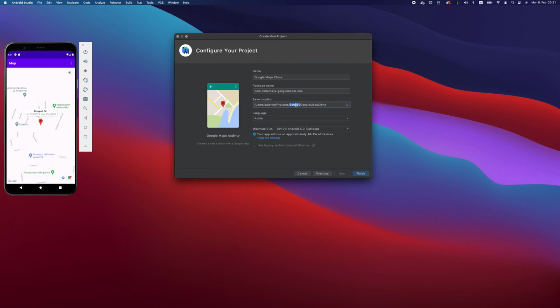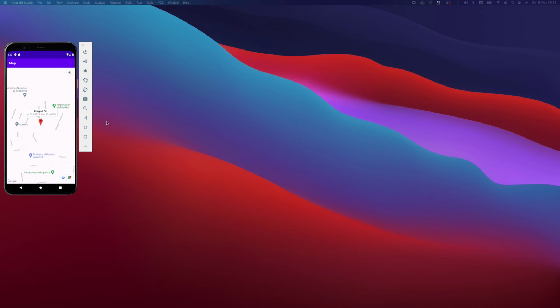And you would see that the name is generated, the location is generated. So I'm going to save it to my projects and then the name of the application. I'm going to be using Kotlin, like I said at the very beginning. We are using Kotlin in this particular tutorial and not Java. Kotlin is cleaner and much more beautiful to work with. So we click Finish, and then